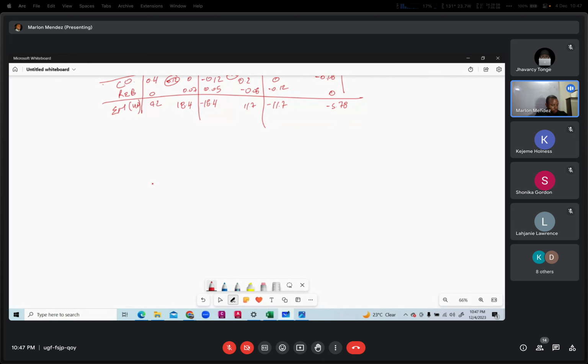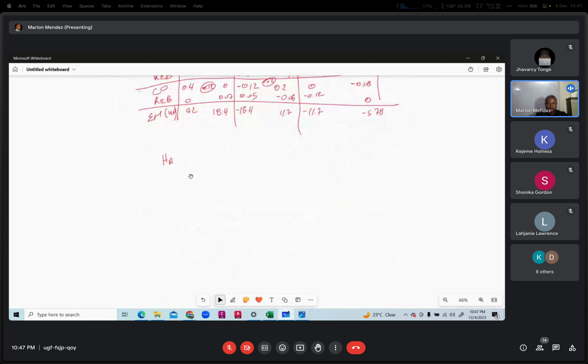I probably never showed you how you get this, but nevertheless, you're going to apply the equation of H. So this is what? C. All right. So this is D. All right. So the equation here,